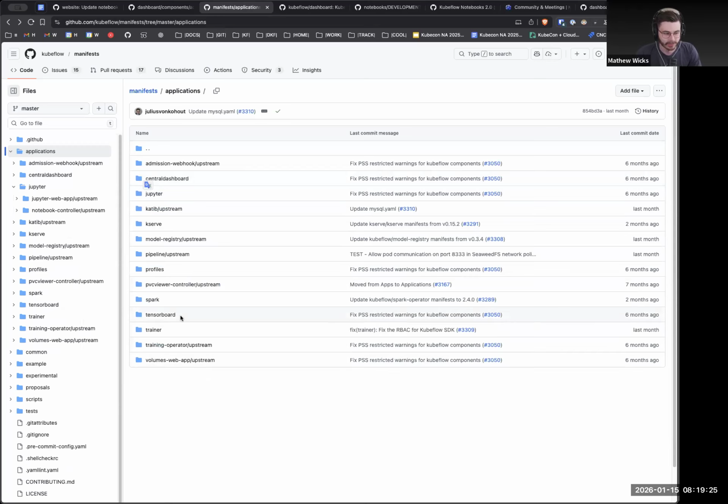And also tensor boards and volumes web app will also end up under notebooks, which means that if we want those features and the PVC viewer controller in V2, we're going to need to rebuild them in V2. I just want to highlight that for everyone, right? We're not going to take any of that code with us into V2 land. So, we can debate about volumes, but